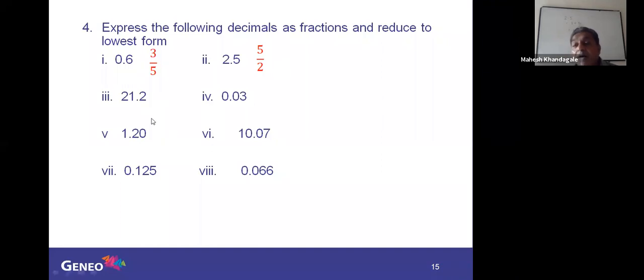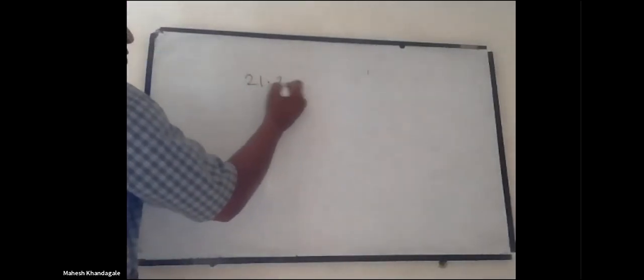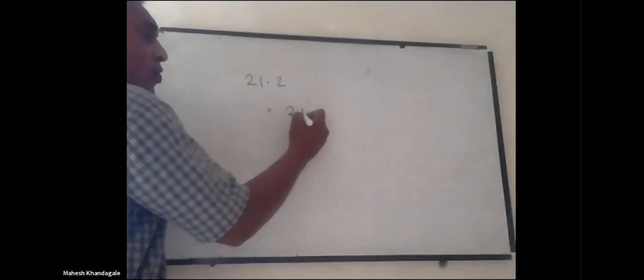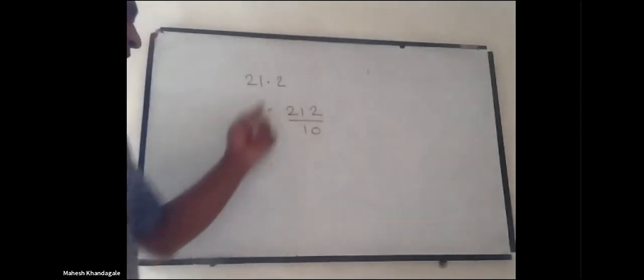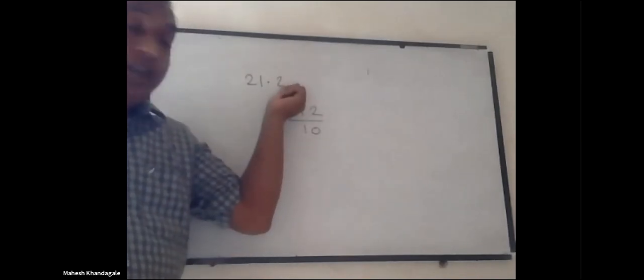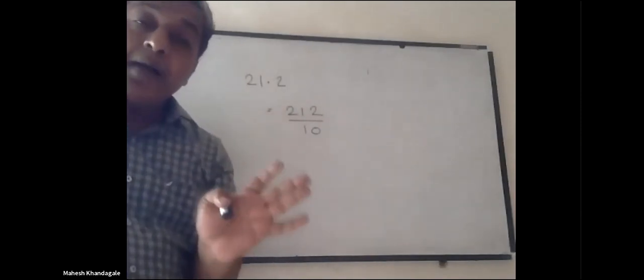Similarly now, after some practice you can do it directly. देखो, decimal point के बाद 1 digit है, remove the decimal, divide by 10. Directly हो सकता है. For example, 21.2. Now since there is one decimal digit, so I will write this as 212 divided by 10. Remove the decimal point and divide by 10. If there are 2 digits after the decimal point, remove the decimal from the numerator, divide by 100.